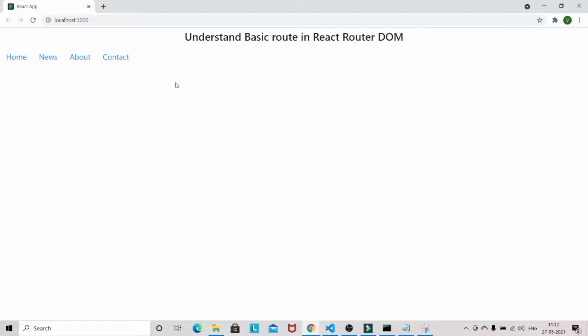We got our header with home, news, about, contact. You can see the URL is changing, but we haven't registered the respective components of home, news, about, and contact. So we are going to register the components with specific routes.